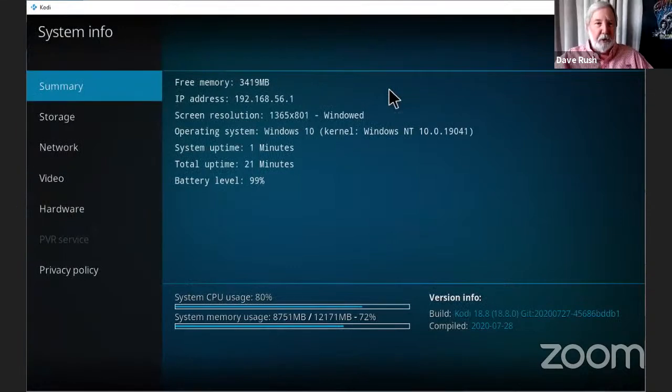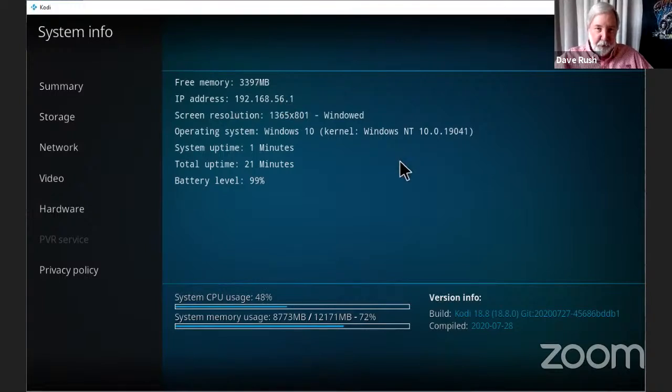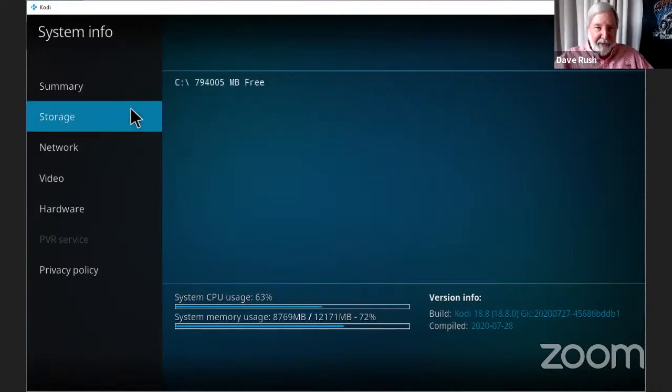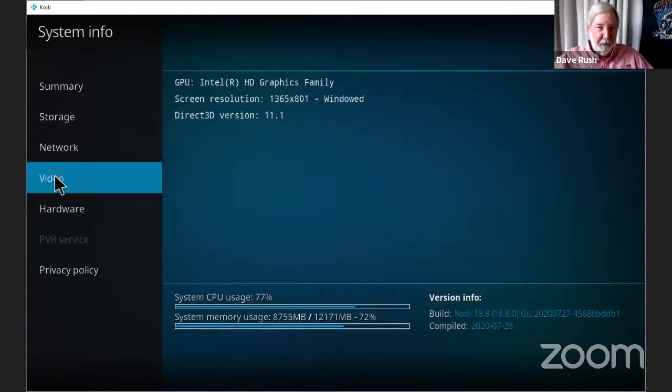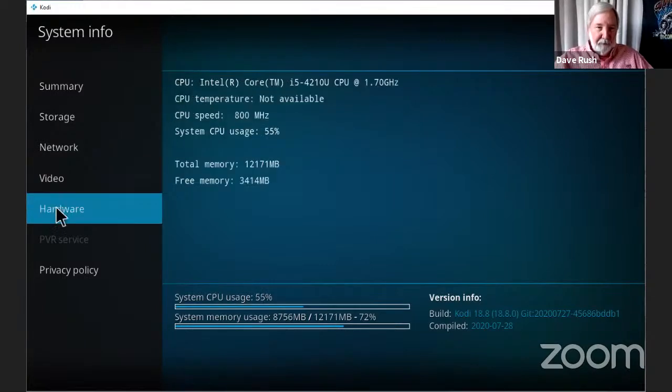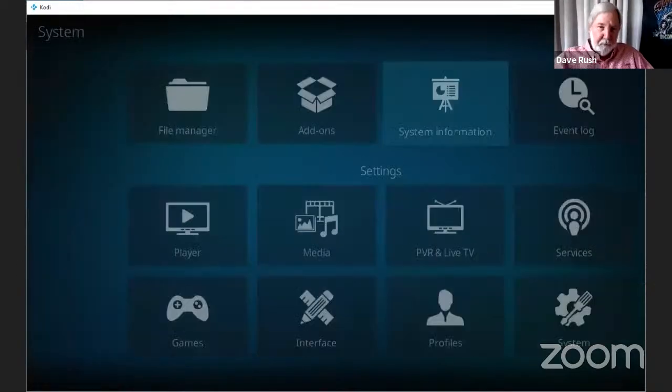So system information, there's nothing that you can change in here. It just tells you what's going on. I've got 3.5 gigs of free RAM in this machine, and I'm using a virtual machine right now. It virtualizes, and you get the idea. I'm not going to read all that to you. My network information tells me what kind of video system I'm running, and a little bit about the hardware in here. So obviously a Pi is going to look a little different than that. Backspace.